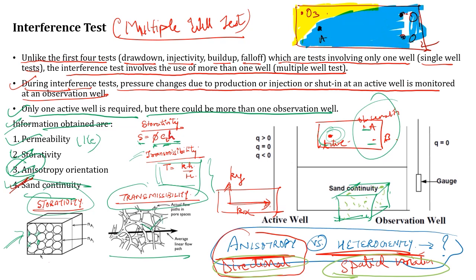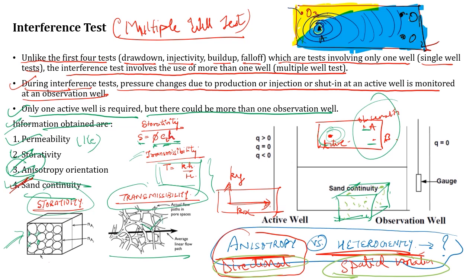That means there is some difference in sand continuity. Now, as we know, I will create a pressure disturbance in my active well. As the pressure disturbance reaches the observation wells, the pressure recorders in the observation wells will